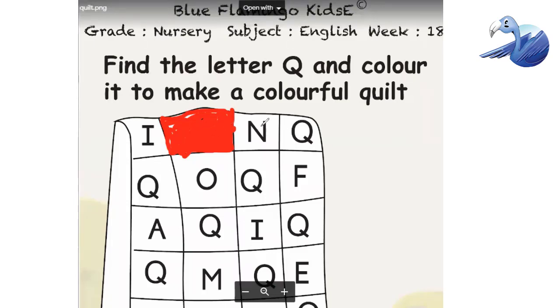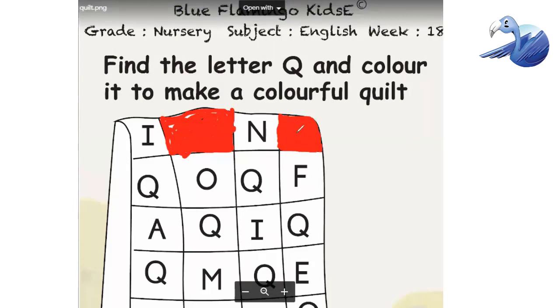No, this is N. So this is Q. Yes, so we have to color this Q. Very good. Like this, students, you have to color, and you have to make a colorful quilt.